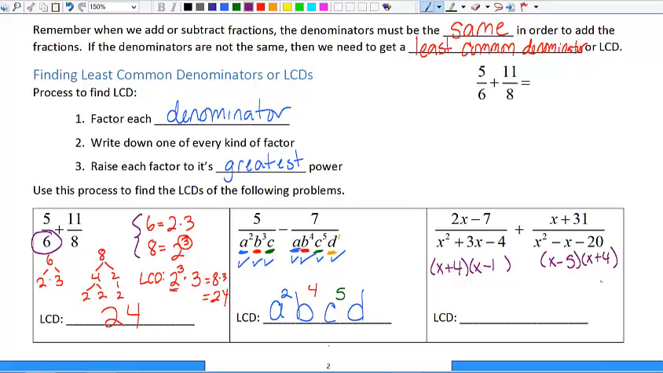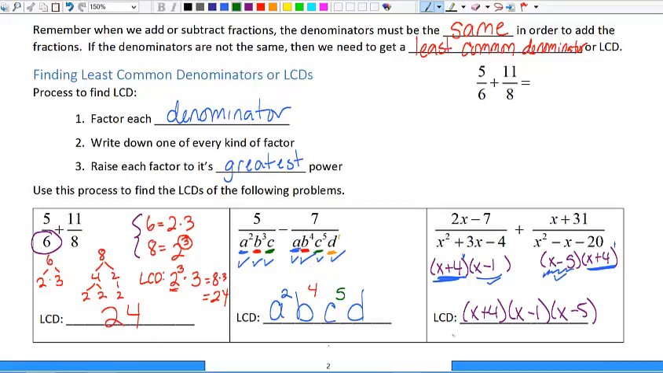The second step says write down one of every kind of factor. So I have an x plus 4 factor, I have to have an x minus 1 factor, and I have to have an x minus 5 factor. Those are all of the unique factors. The third step says to raise each factor to its greatest power. So between the two x plus 4s, the greatest power of the first one is 1, the greatest power of the second one is 1, so the greatest power of either of them is 1. Or really, do you need to write 1? Probably not. The greatest power of x minus 1 is 1, and the greatest power of x minus 5 is just